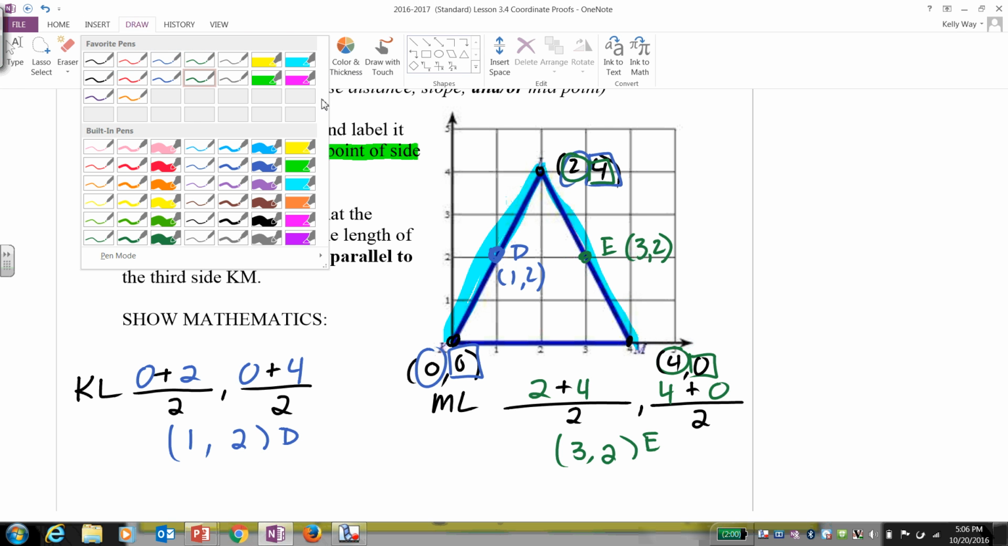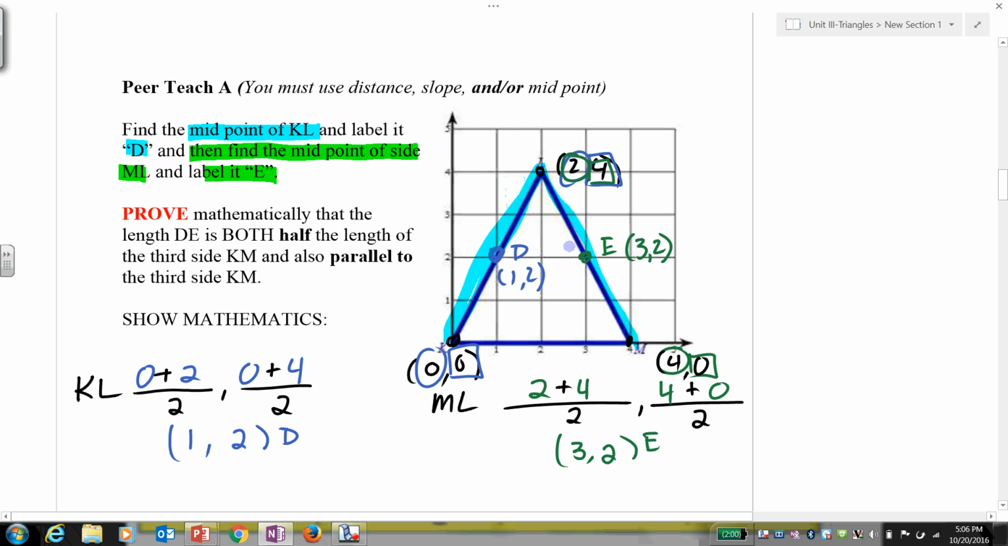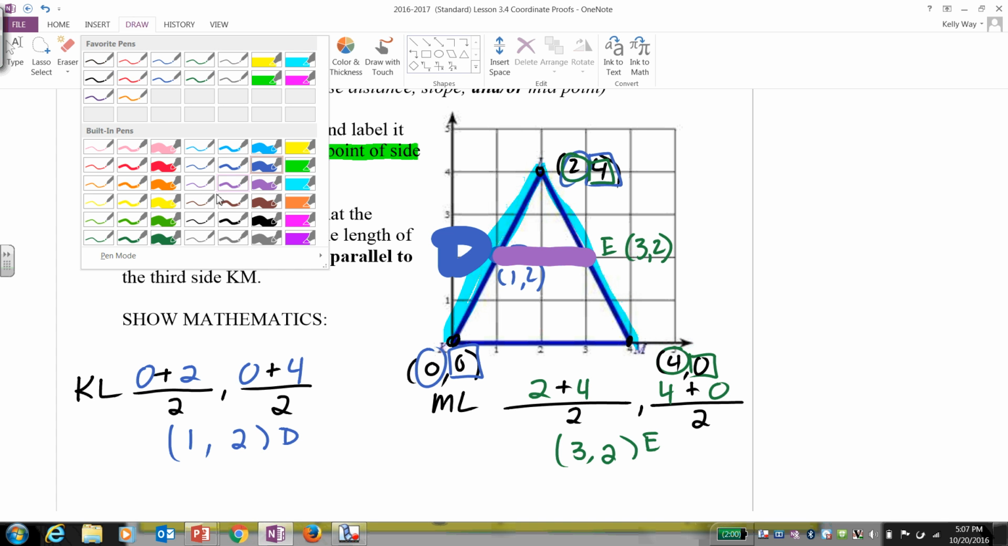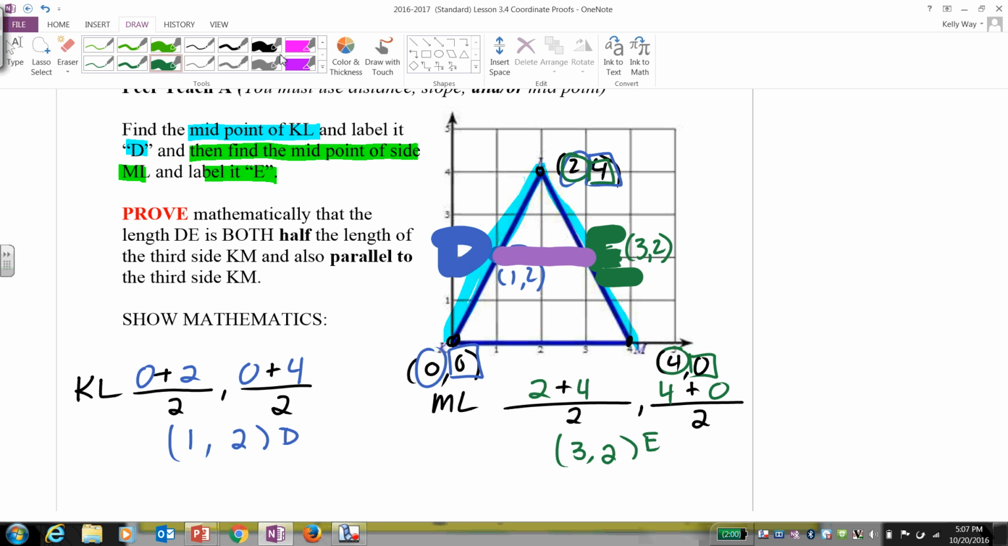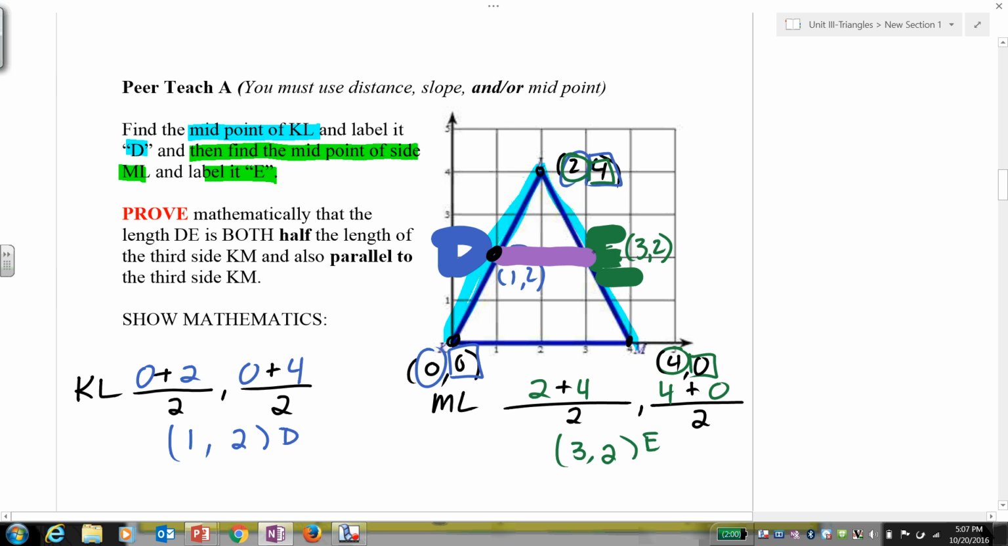So now we have what's called a mid-segment DE because we are connecting the midpoints. That's D. That's E. So we've established that's a mid-segment. Why is it a mid-segment? Because we proved mathematically that D and E are both midpoints. So we can do our hatch marks there. Now we're going to prove mathematically